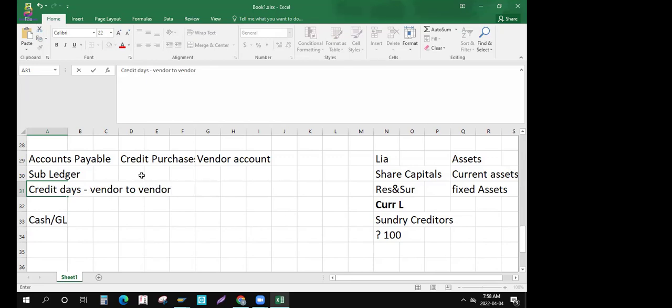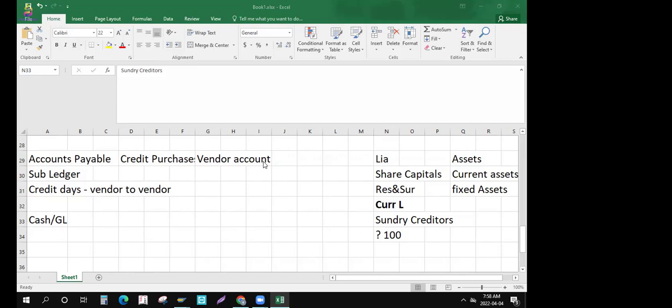Like few vendors, as per the agreement between our company and the sundry creditor vendor, we may agree to pay mostly in 30 days, right? Very good. 30 days, 60 days, 40 days, or within 15 days or 3 days, 7 days, there will be different vendors getting paid through different credit days,